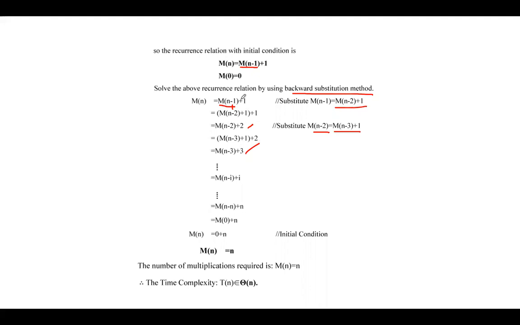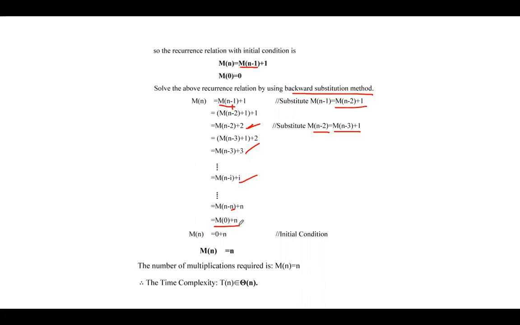Is it clear? We can observe that it happens in this pattern: M(n-1) plus 1, M(n-2) plus 2, M(n-3) plus 3, which we can write as M(n-i) plus i. It is going on in that order itself. How many times will it happen? It will happen n number of times. This i is nothing but n. Ultimately it will repeat n number of times. So we can replace this i with n: M(n-n) plus n, which is equal to